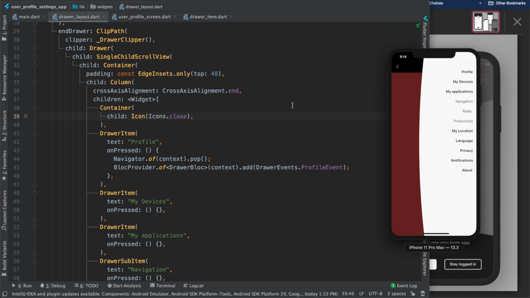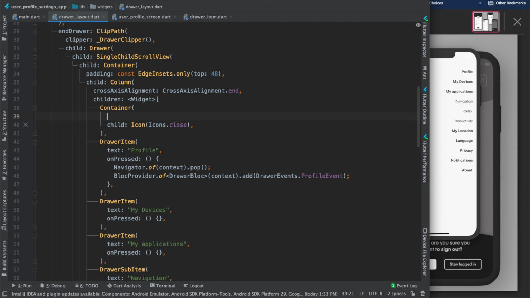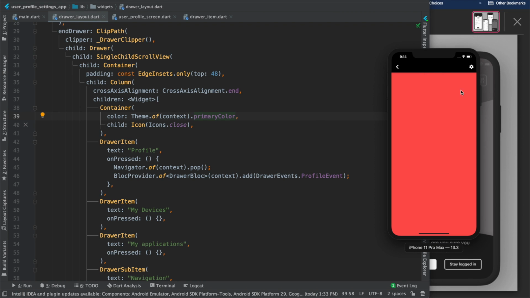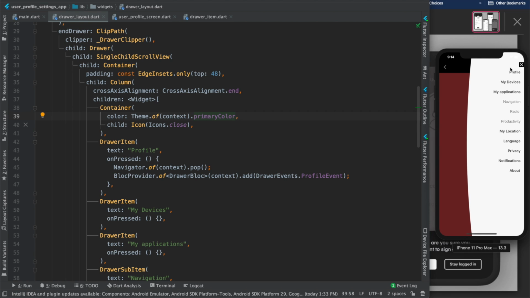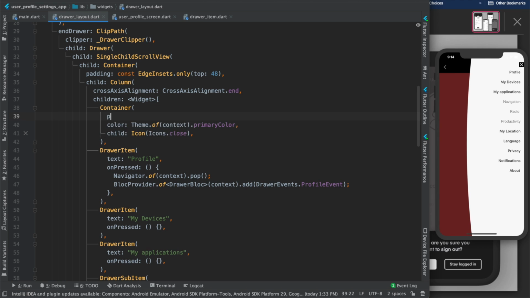It is white. You cannot see it because the container color should be black. So I will take Theme.of(context).primaryColor, because my primary color is black. And if you can see now, we can see the close icon coming out very well. We need to add some padding on the right and also some gap from profile. So we'll add a padding